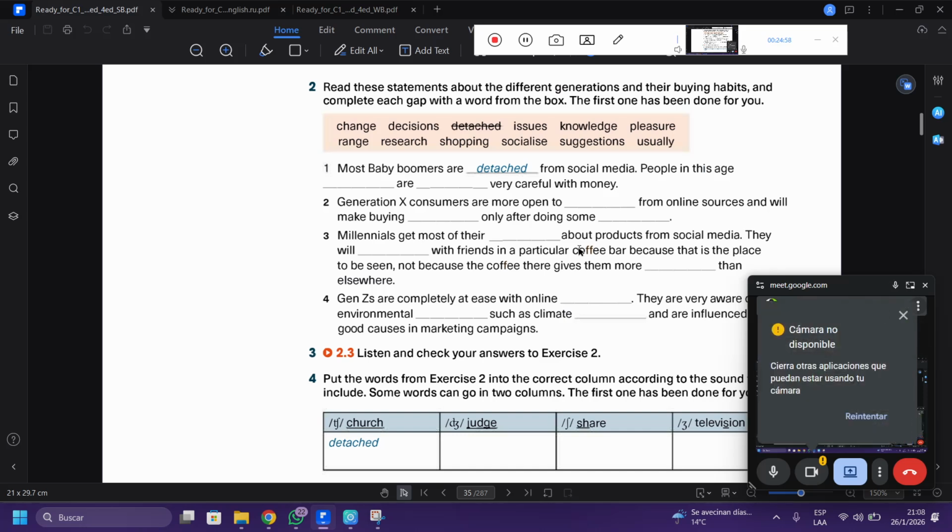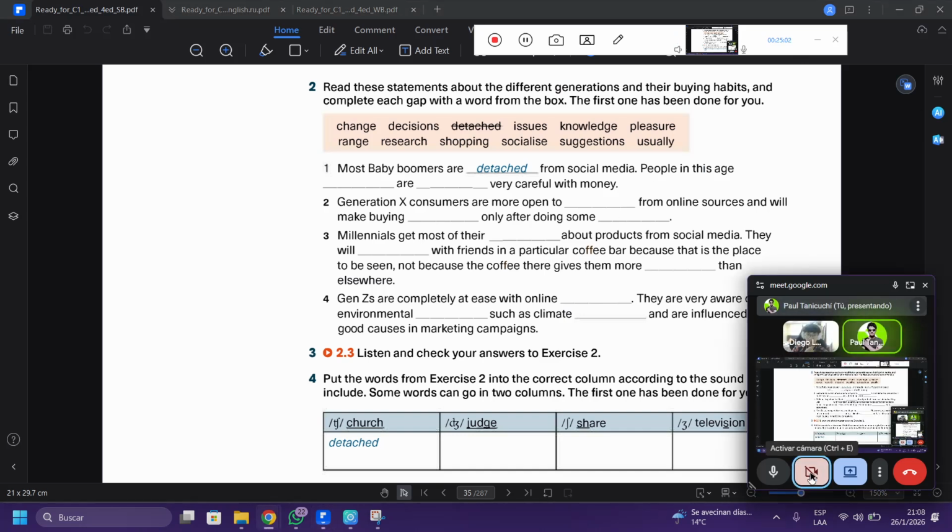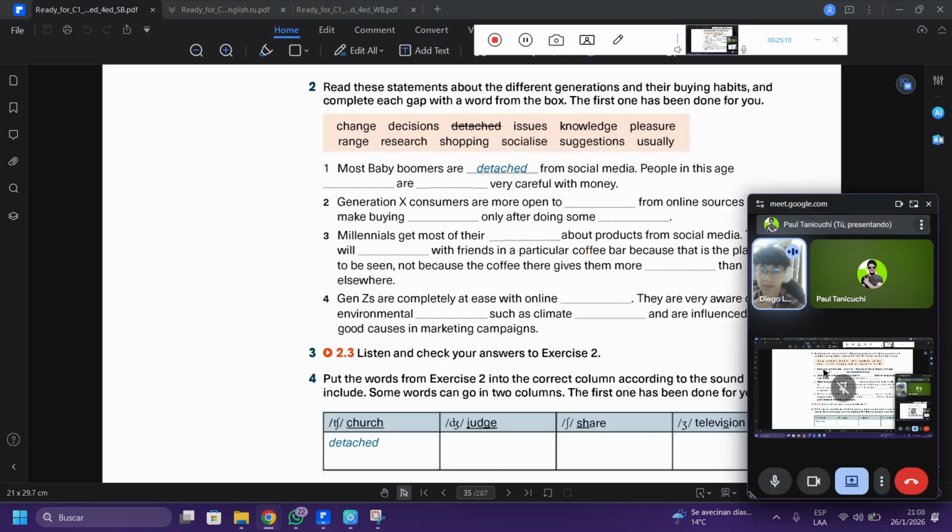It is not pleasure, and not decisions or change. They are usually very careful, because the phrase is complete with the people in this age range. I missed it because I was thinking of something different.